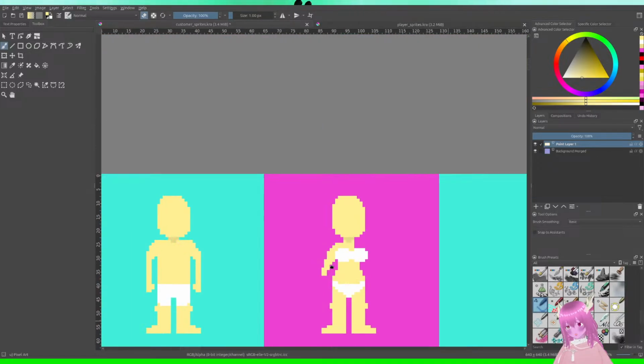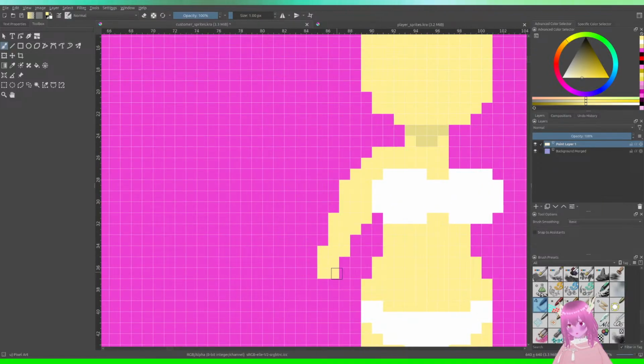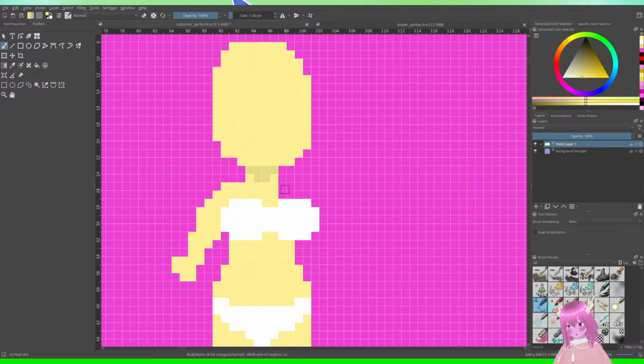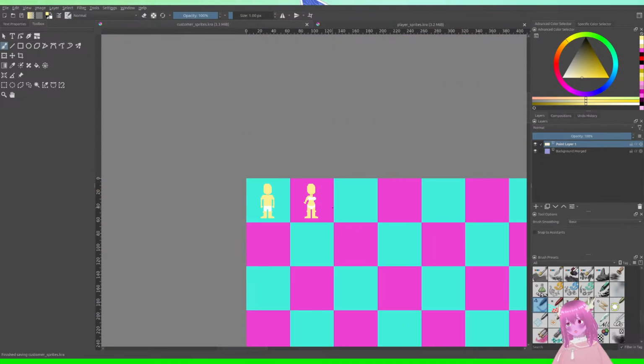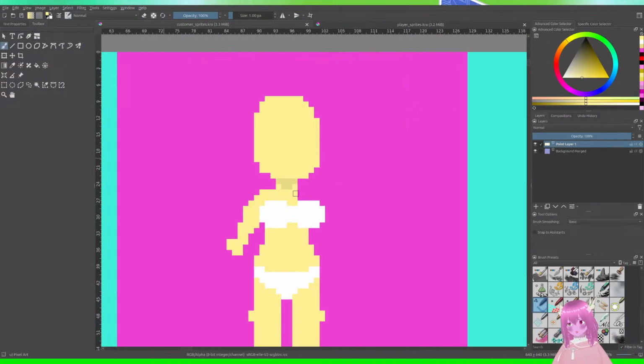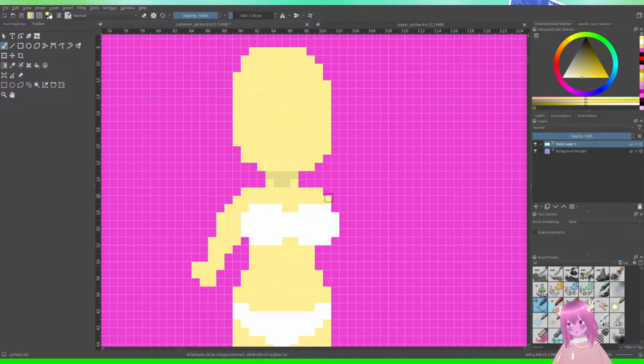Honestly, I like where I've gone with this arm, though, even though it makes no sense. Oh my god, I'm gonna have to cover over this with whatever clothes I can draw.